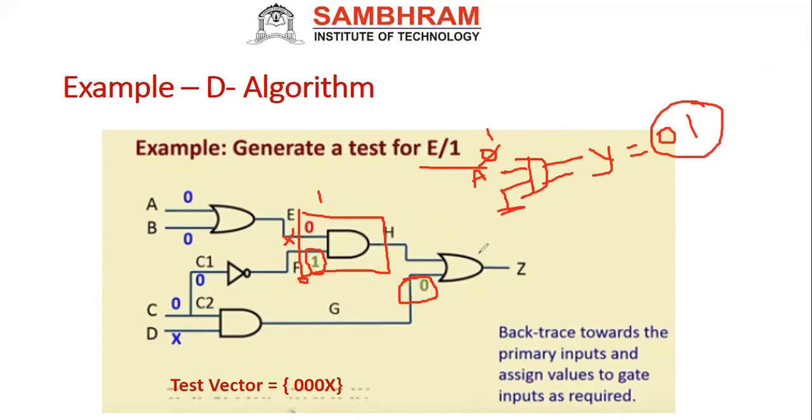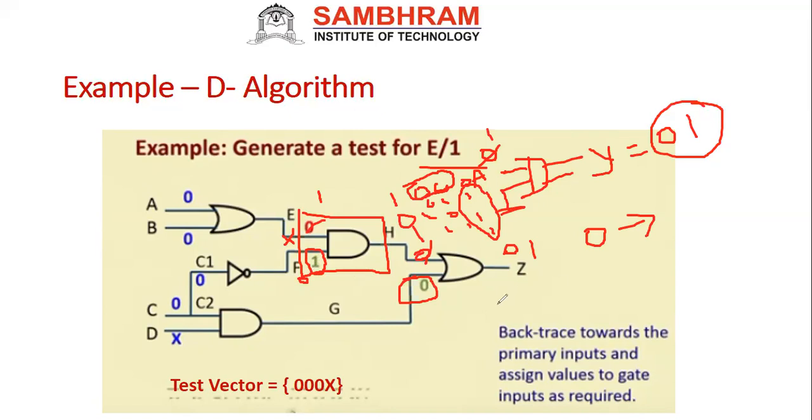Same with your OR gate. What is an OR gate? Any one input I make 0, then what will my output be? 0, 0 means 0 only. 0, 1 means 1. 1, 0 means 1. 1, 1 means 1. All are 1 here. So to get 0, both should be 0. That is why I made it 0 here. When I make it 0, I'll get 0. When I make it 1, I'll get 1. If I give 0, I'll get 0. If it is 1, I'll get 1. See, the value is getting changed.